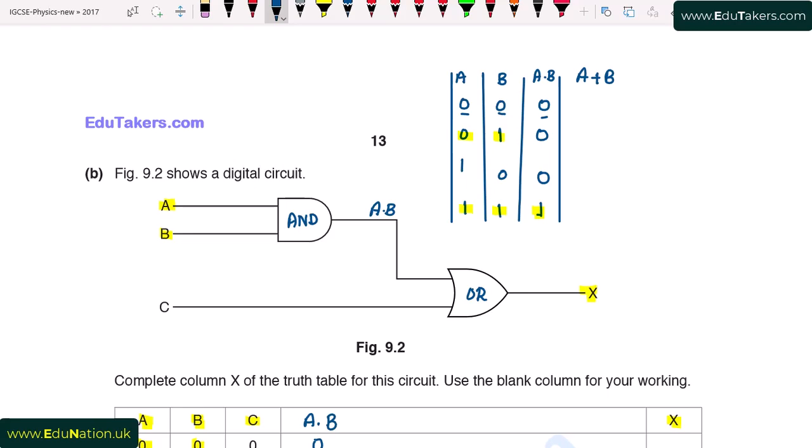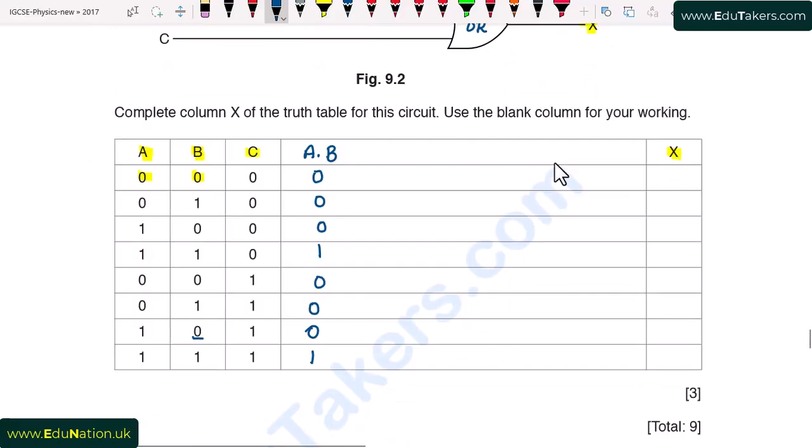Here in the first combination, both of the inputs are low, the output will be low. Second combination, here is 1 low and 1 high input. So the output in this case will be equal to 1. Because in the OR gate, if any one of the input is high, the output will be high. In the third combination, again there is 1 high input, so output will be high. And last one combination is 1, 1, so it will be high because both of the inputs are high. I complete the table by using this.